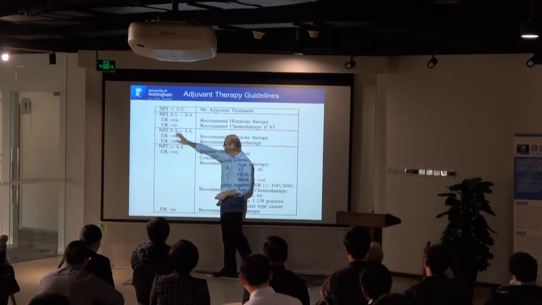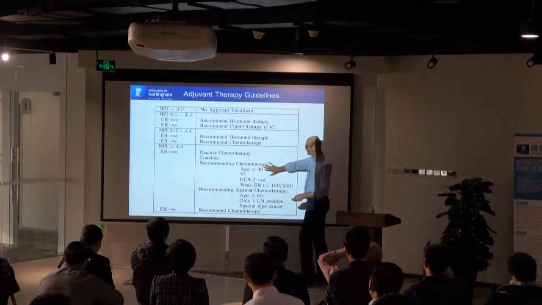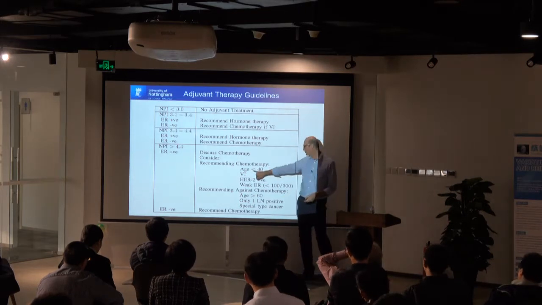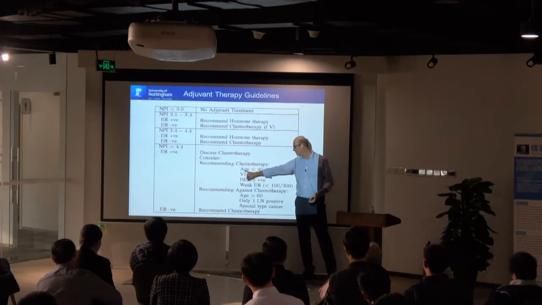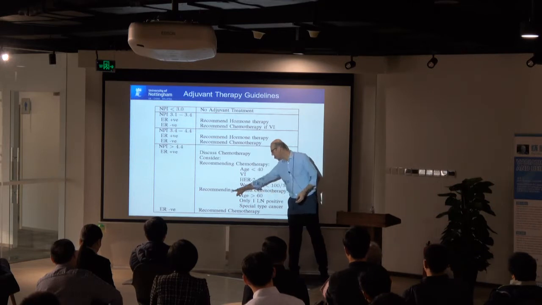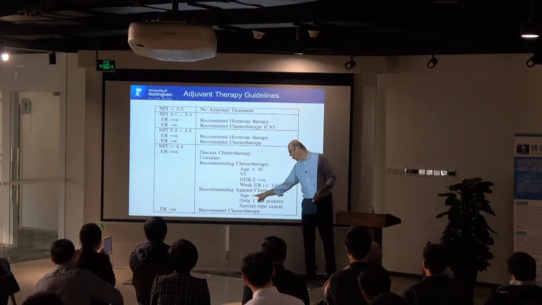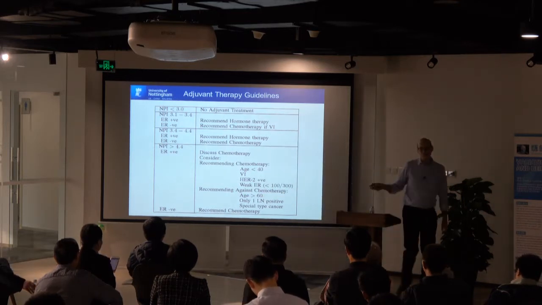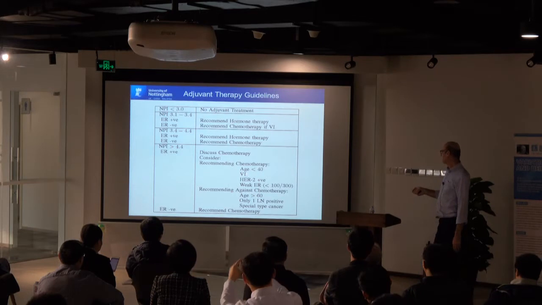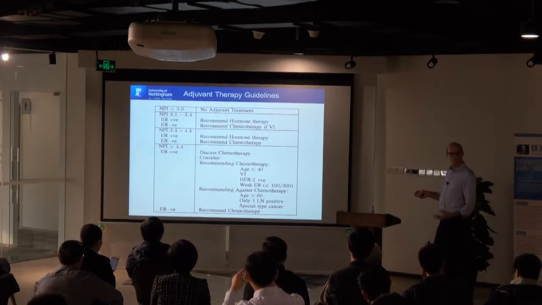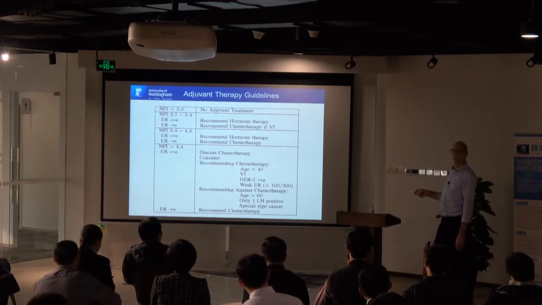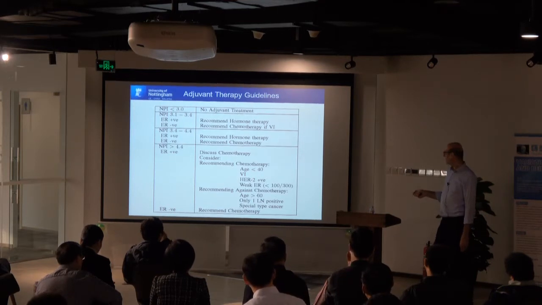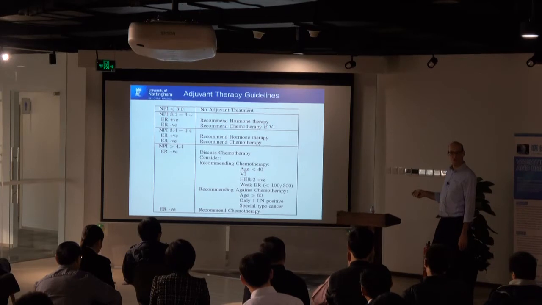There are some indicator variables. I'm not going to go through them. This bottom box is the most significant form of cancer, the worst form of breast cancer. And you've got this decision variable here, recommending chemotherapy. We say yes, you should have chemotherapy if the woman's age is less than 40. And we say no, don't have chemotherapy, age greater than 60. I point this out because these are real rules from Nottingham. And I think it's interesting we have age less than 40, which is a crisp decision boundary. So if a woman is 39, they say yes, have chemotherapy. What does this rule actually mean? Do we all think it really means that on the 40th birthday they say, oh no, don't have chemotherapy anymore?